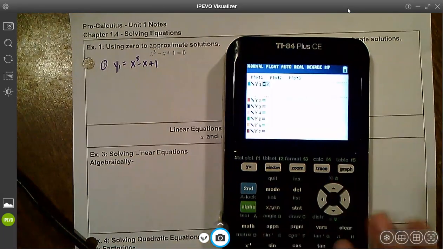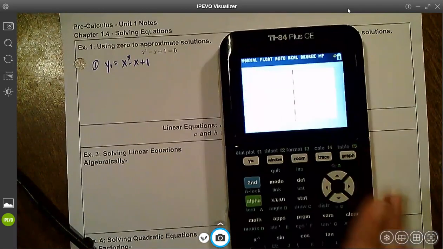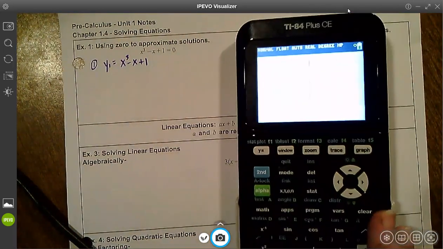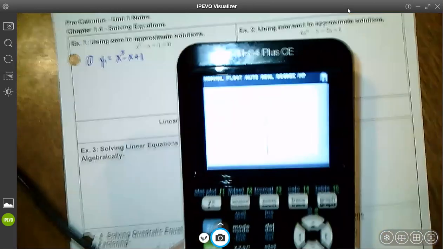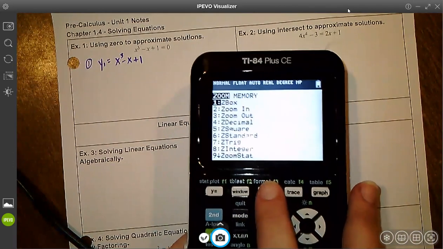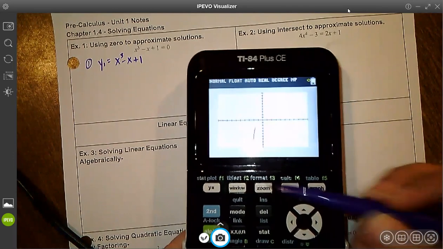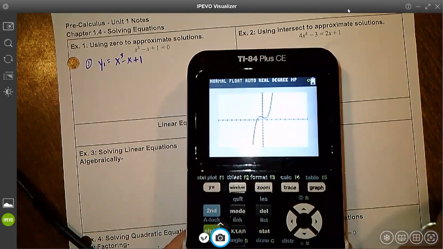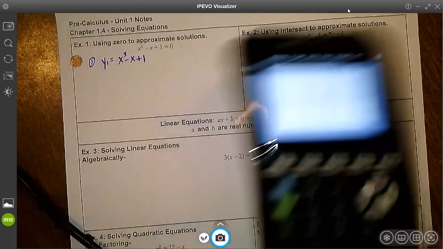So in my calculator, now I'm going to hit zoom standard. Anytime it's zoomed in a weird place, you can hit zoom 6 and look at it. The solutions are the x-intercepts. So after I've graphed it,